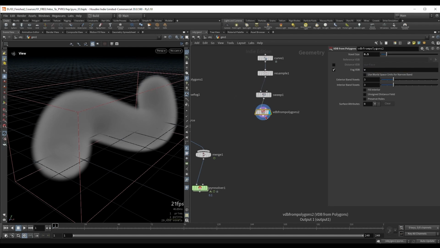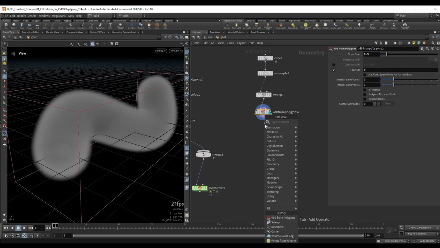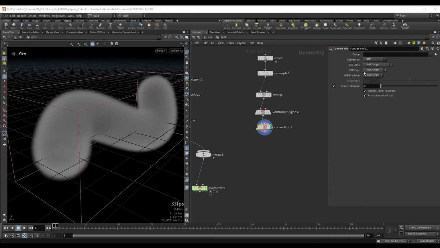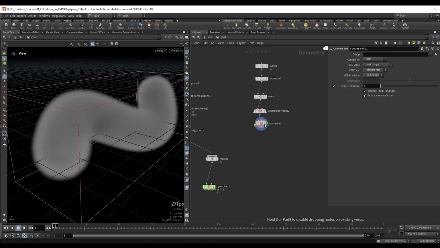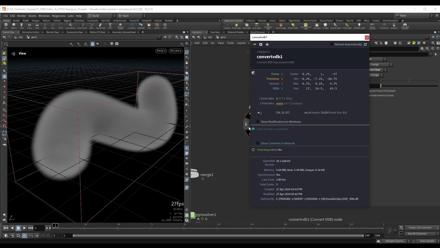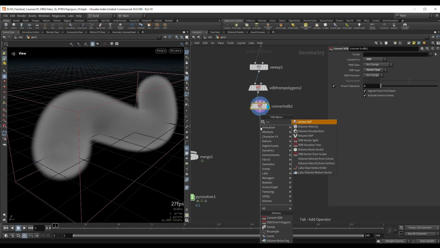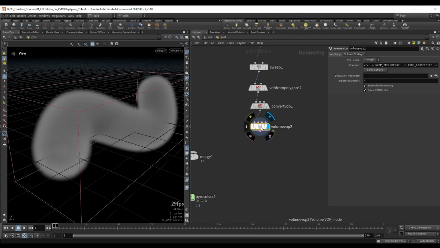And now we have to convert this to a vector volume. So let's do a VDB convert, and I'll set the convert here to VDB. And for VDB type, let's use vector float, and the rest of the settings should be kept the same. Okay, so now if I go to the information tab, we have a volume called V, and this is a vector3 volume. Perfect. So we can use a volume VOP from here to give this our initial direction,